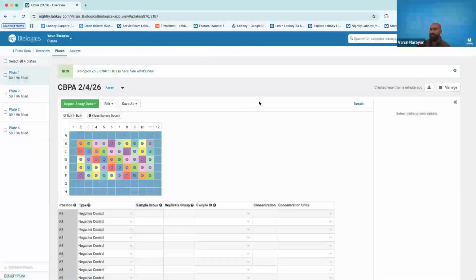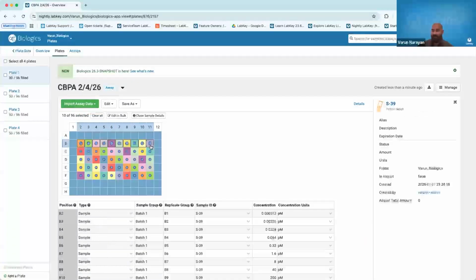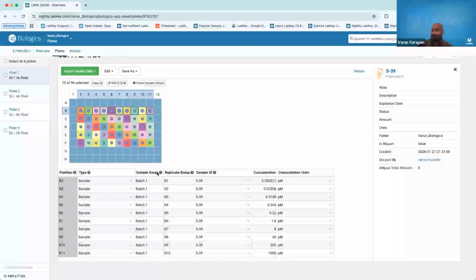And just with a click, here we are. So here is my plate set. We've got 4 plates, all of which are very similar, with the goal being to generate a bunch of replicate data for these 5 samples. And as I can see, just by highlighting my samples, I can see that they've been placed into these wells. We've got some concentration values here, with the goal to be performing a dilution curve for